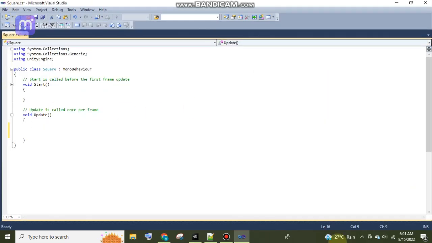Okay, so once you have opened your file in an editable mode,